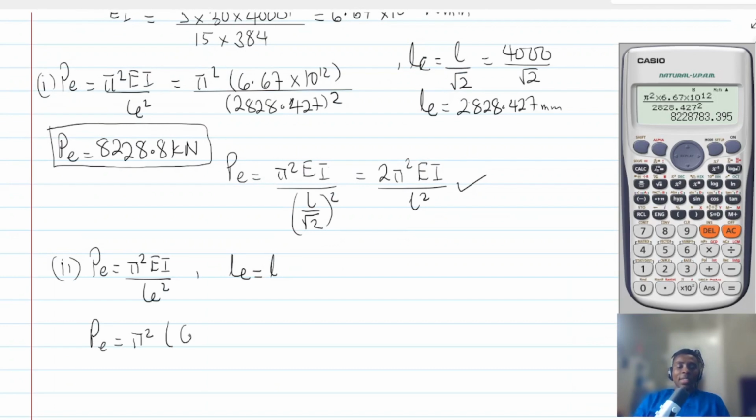Pi squared times 6.67 times 10 to the power 12, all divided by 4,000 squared. That's essentially 4114.4